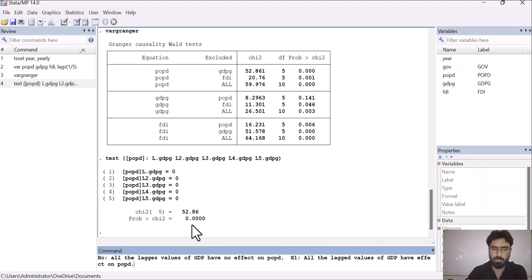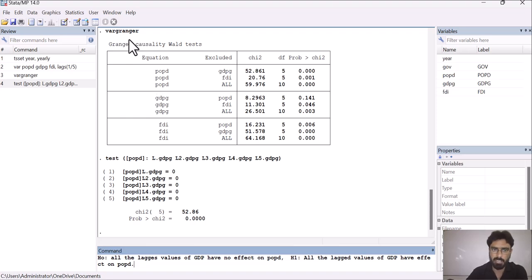If the probability value is less than 0.05, we have to reject the null hypothesis. As in our case, the probability value is less than 0.05, which means that we have to reject this null hypothesis and accept the alternative hypothesis, which means that all the lagged values of GDP are jointly affecting our POPD in the short run. So these are two methods to check the joint significance of the variable.